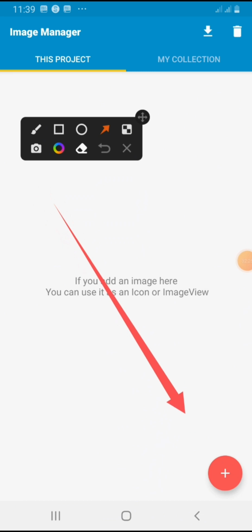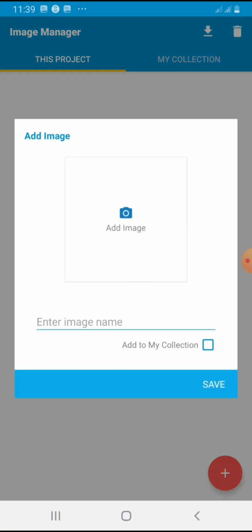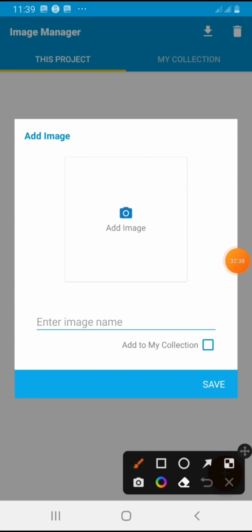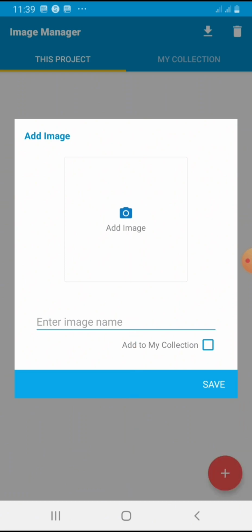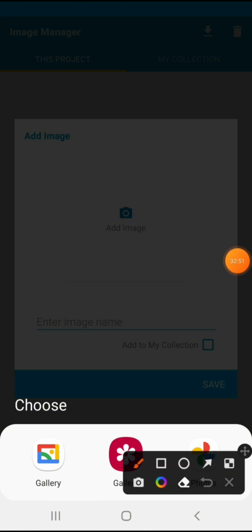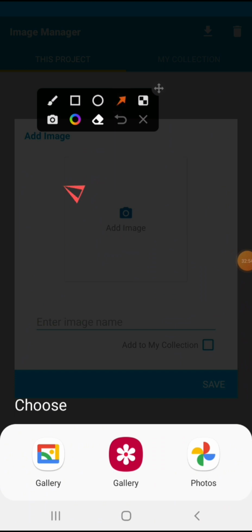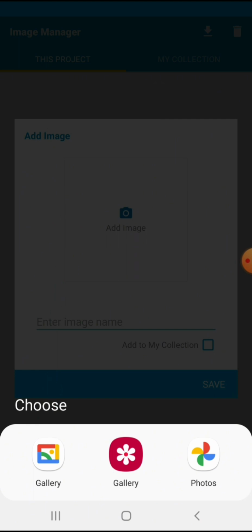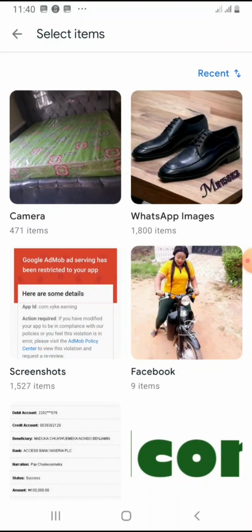This red button here. You click on it. You click on add image. You click on add image here. All right, this is the one I'm used to, this is where my whole properties are. Next time I'll just click on it directly. So be observant, please. You click on it and you begin